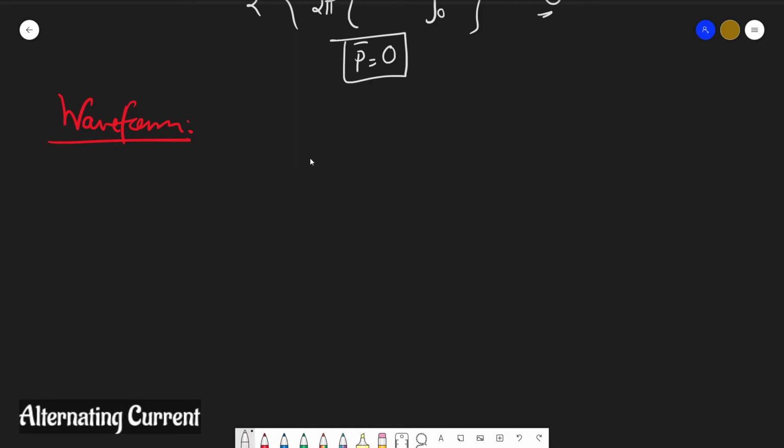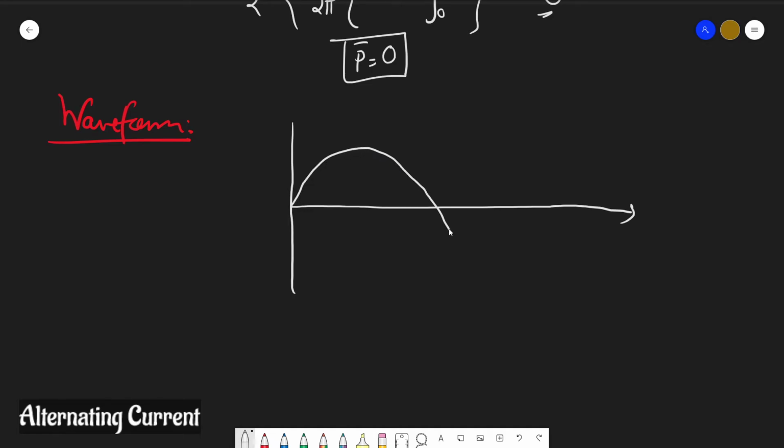So let us see the waveform. And with this waveform, we will also see how this inductor is behaving in each different cycle. Suppose this is one cycle, omega t I am saying, and this is your V, the white curve. And let us mark the different benchmark values of omega t. Let us see this. This is pi by 2. This is obviously